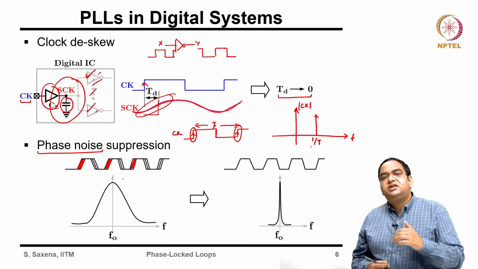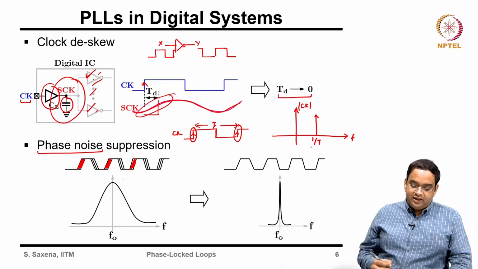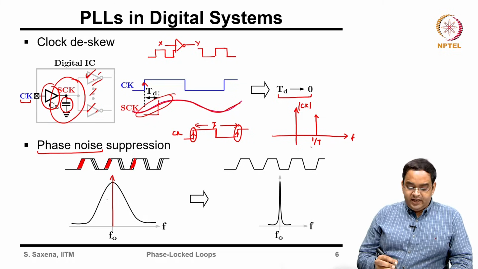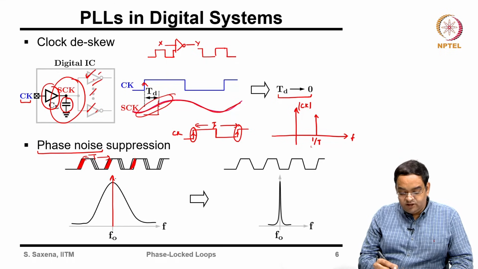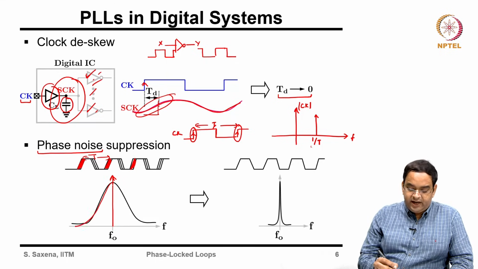And when this variation is random in nature, if you look at the frequency spectrum of the signal, you will see that the signal does not have a single tone. Surely, because there is some average time period associated with it, it has a dominant tone at FLO, but it is surrounded by